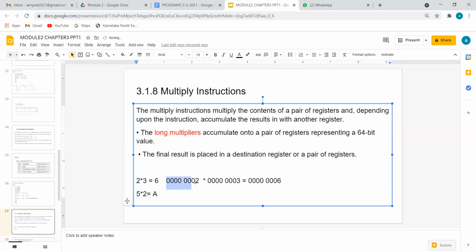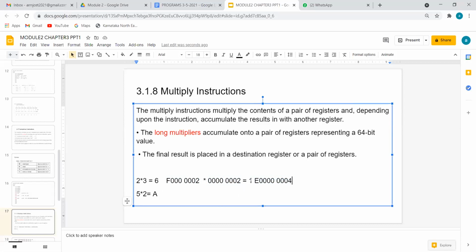If I take two 32-bit numbers like the ones we have shown, I will take that only. This was the answer. If you count here, these are a total of 8 symbols. This is also 8 symbols. So here it is 9 symbols. Okay, so that means what? This is a 32-bit number. This is also a 32-bit number, but the answer is not only a 32-bit number, it is more than 32 bits.